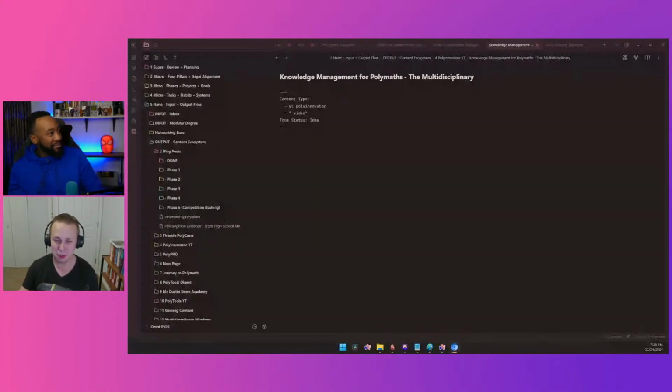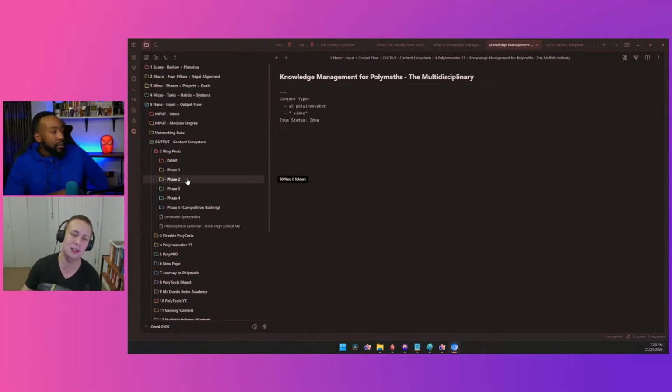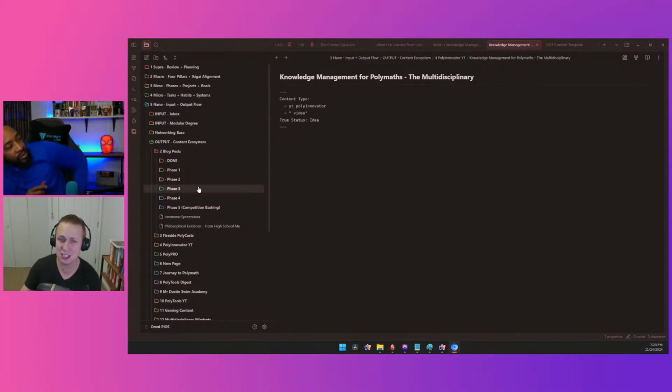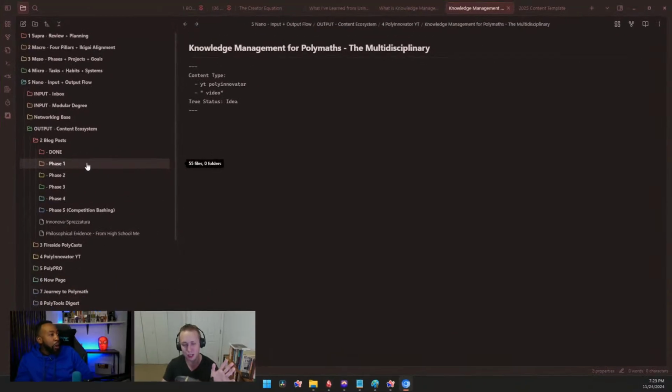For example, the way I'm organizing content right now is through this folder structure. I have all my different series here. On my blog posts, I had about 230 ideas that I wanted to get through, so I've organized them by phases. This is different from the PIOS phases. Phase 1 are the most important SEO focused things that I want to be known for, not thought leadership, then a little bit less, a little bit less, a little bit less.